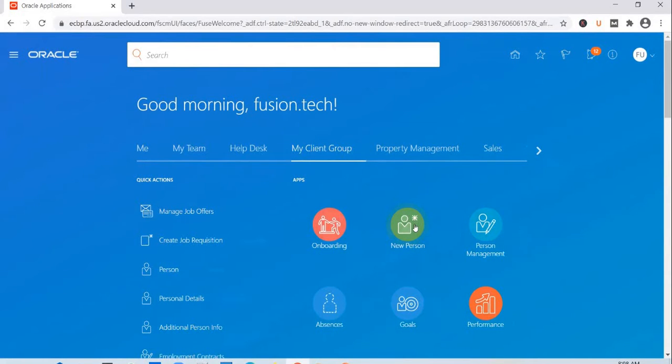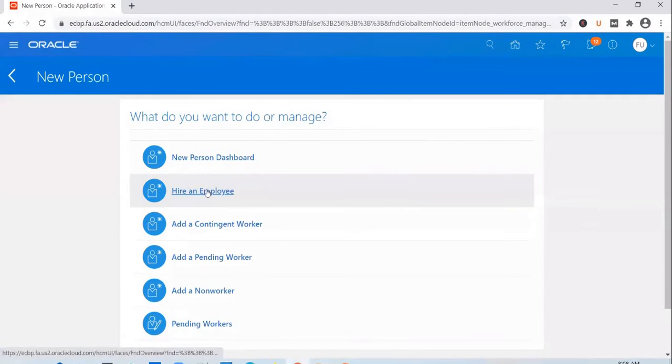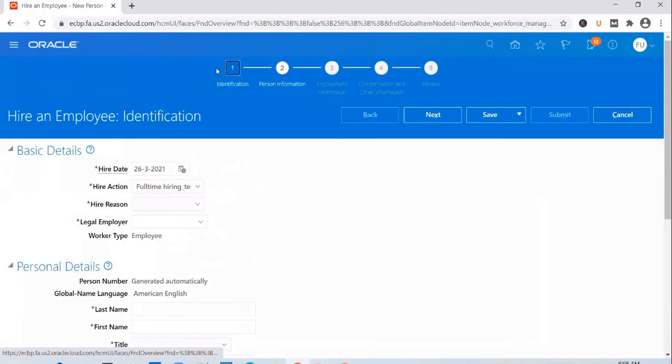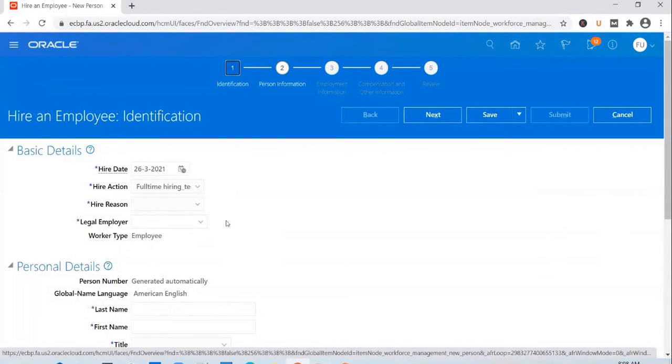Say, for example, when you're trying to hire a new employee, the client might ask you to make some changes in here.